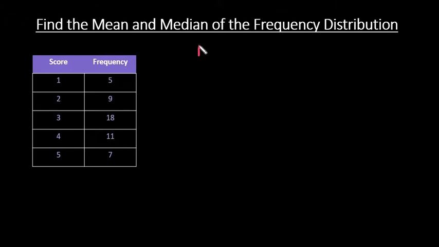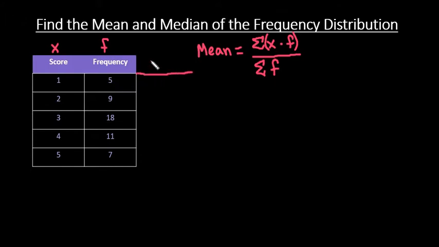So the mean, in order to calculate this, the formula is you're going to take the sum of your values times the frequency, divided by the sum of your frequency. Okay, so that's what we're going to have to do. X just represents whatever variable you're talking about, so in this case that would be our score, and F represents our frequency. So what we're going to do is create another column where we do X